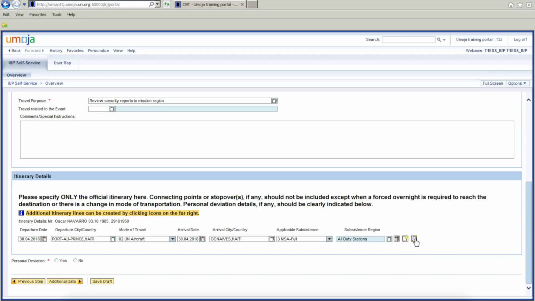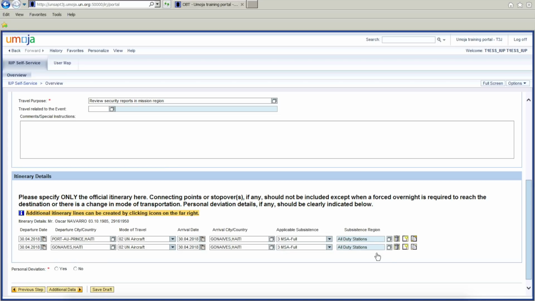Once you click on it, it'll give us a new line that is populated with the above information, but of course switching our departure cities. Of course, all we would have to do here is change our date, which in this case would be the 4th of May 2018, and we can move on to the departure city, which in this case would be correct, the mode of travel, which is still the same, the arrival date, we'd have to change it as well,